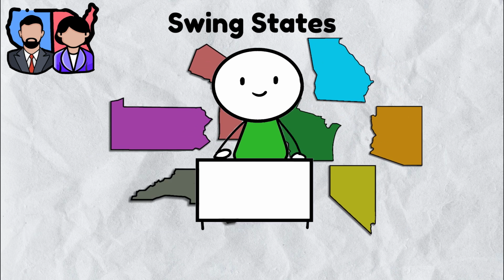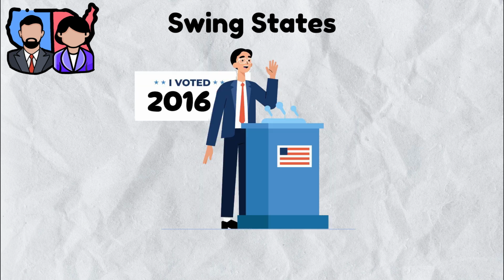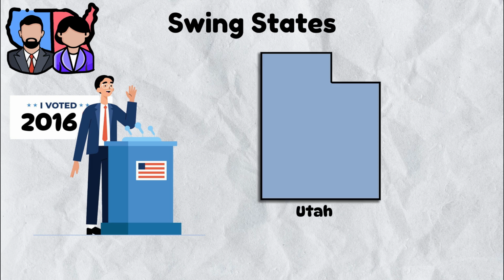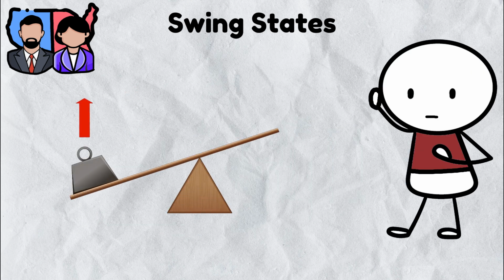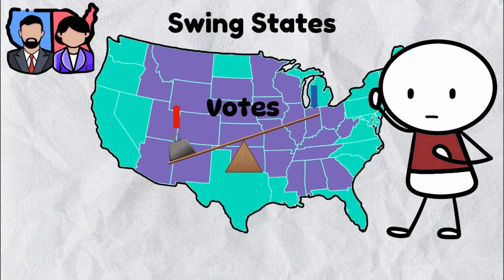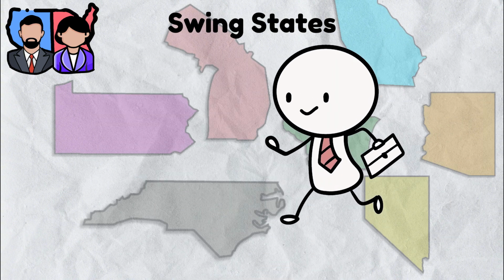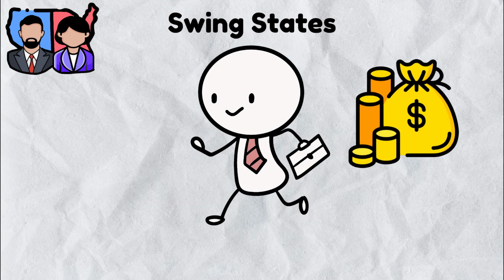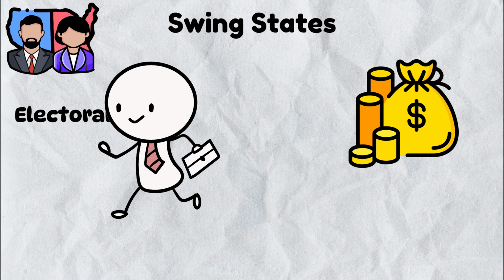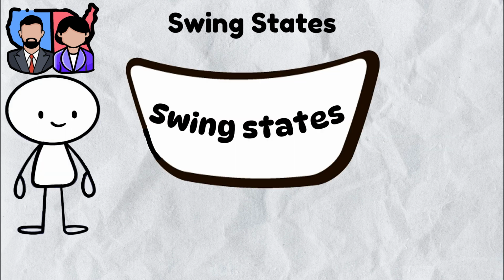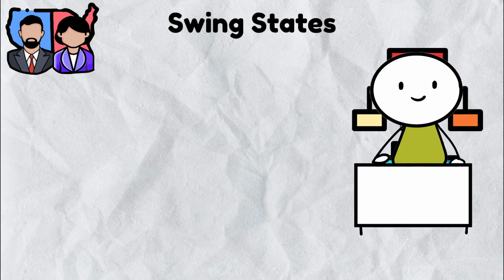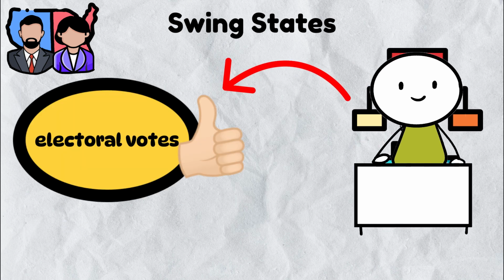The impact of swing states on election outcomes is striking. In the 2016 election, voters in Michigan had 51 times more influence on the result compared to voters in Utah. This stark disparity highlights the unequal weight of votes across states within the Electoral College system. Candidates often visit swing states multiple times during campaigns, allocating significant resources to win these crucial electoral votes. The concept of swing states is rooted in the Electoral College's structure, which incentivizes candidates to concentrate their efforts where electoral votes are most competitive.